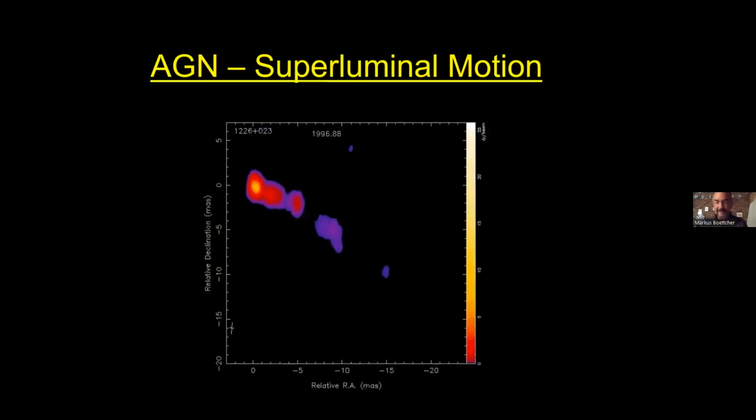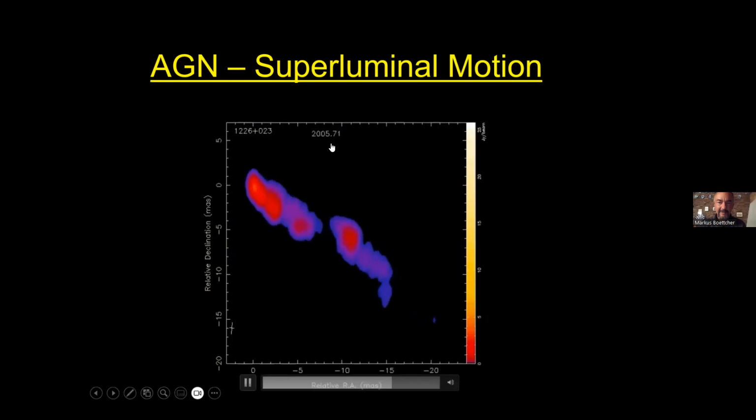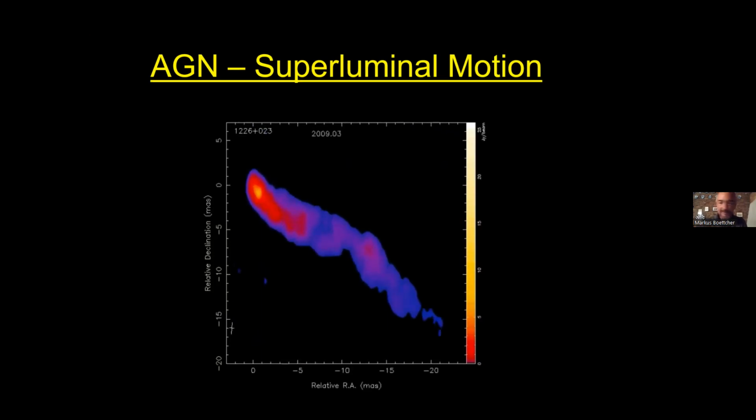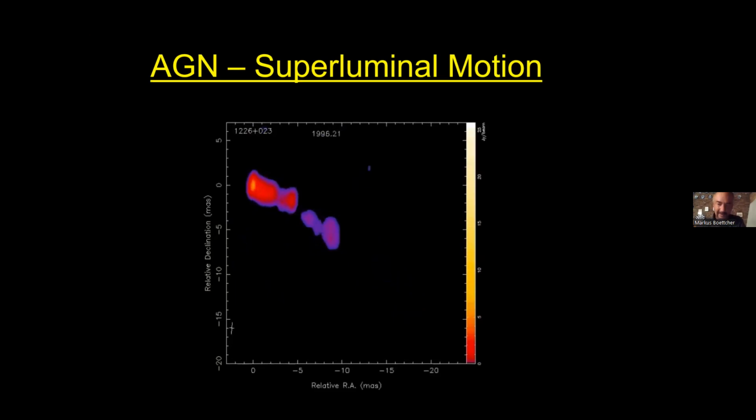Now, one funny effect that actually tells us precisely that we're dealing with a jet pointing almost at our line of sight, we can see if we follow these jets in very high resolution radio images through radio interferometry. You follow the jet structures over many years. You can see here at the top the time clicking 2005, 2006, 2007, and so on. So taking regular pictures, there's a very intense monitoring program called MOJAVE that is using telescopes in the US to do these observations on a regular schedule.